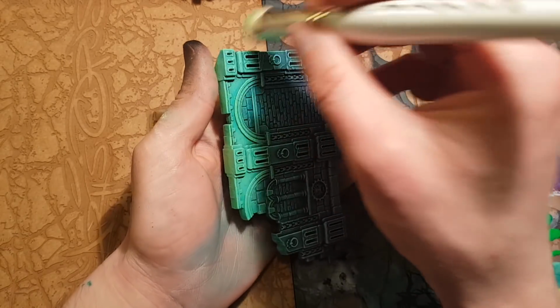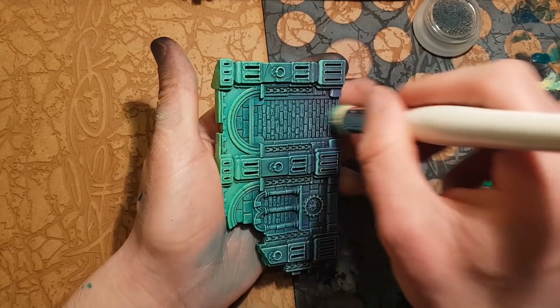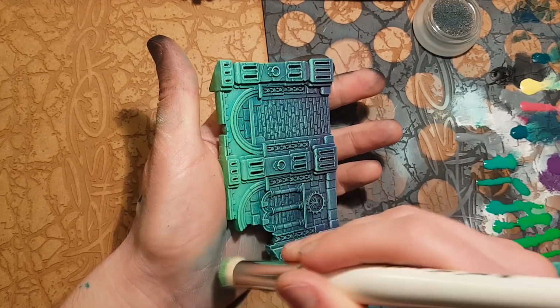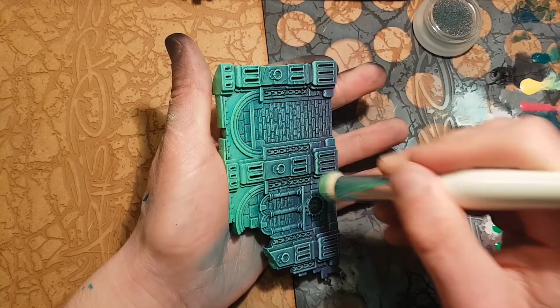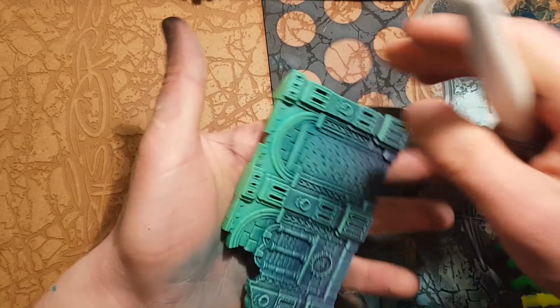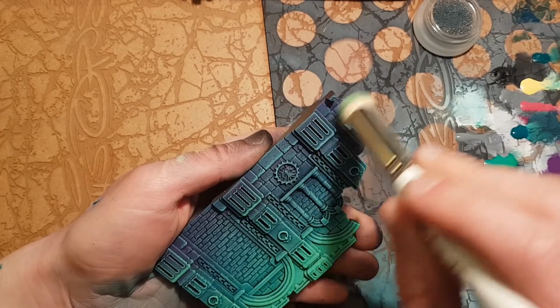And basically we're going to repeat our last couple of steps a few times, until we're happy. There's no amount that is right or wrong. This is exactly the way that I painted the skin on our Great Unclean One, if people have seen that in the past. You can go back and pre-highlight with the white as much as you want. You're also going to make sure, because there's such lovely detail on these pillars, a little bit of careful